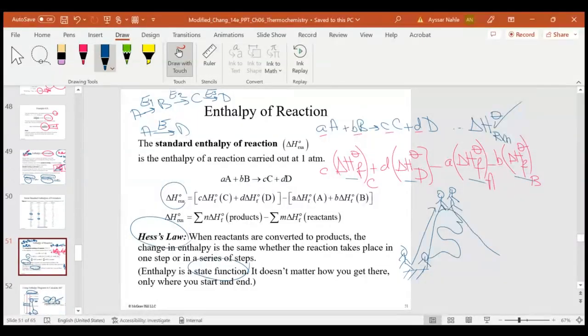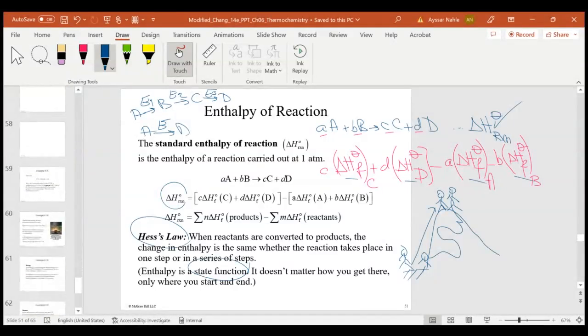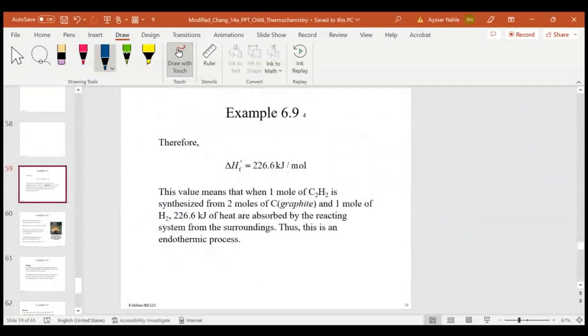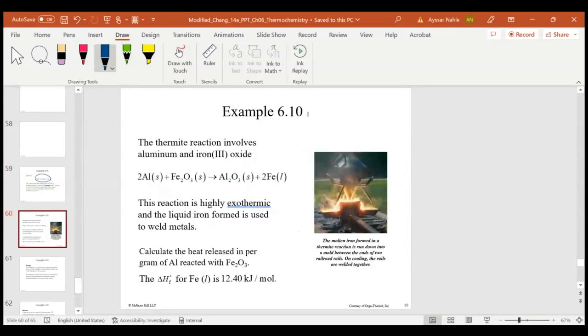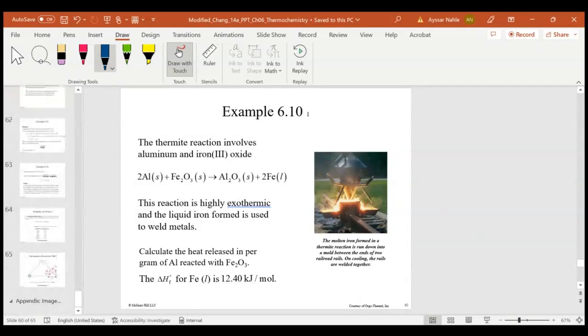Yes. Now this is the manipulation of the rules in here, and we move a little bit further, and in here that's the final result of what we have done. So this value means that when 1 mole of C2H2 is synthesized or formed from 2 moles of carbon and 1 mole of hydrogen, 226 kilojoules of heat are going to be absorbed by the system. Okay, now the thermite reaction